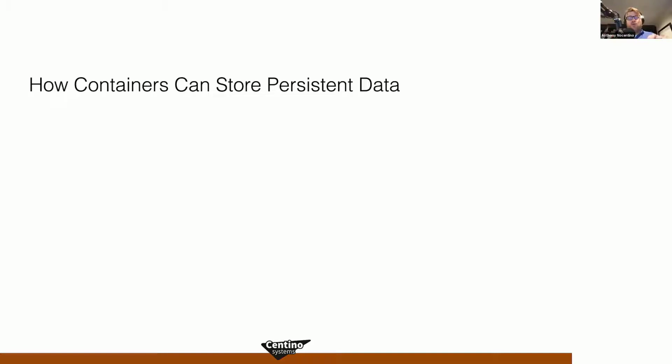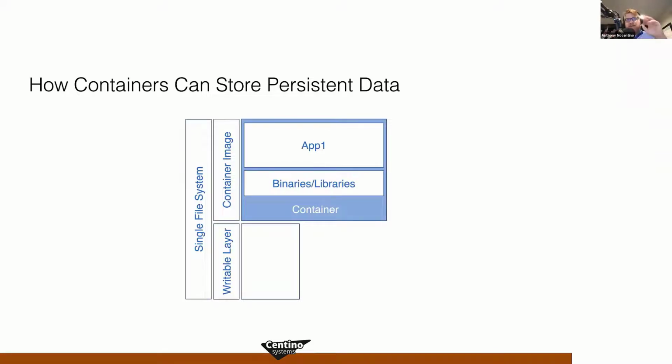So when we're talking about storing persistent data in containers, we still have that same deployment paradigm where we have a container image, a writable layer, and the container runtime is doing the work of presenting a single file system back to our application. But what we can do is attach a volume at a particular location inside of the file system in the container, right? And that volume is positioned at a particular location in the file system, like var opt MSSQL, if you're running SQL Server. You can also, of course, position multiple volumes inside of the file system if you need more advanced scenarios, but we're going to focus on a simpler scenario right now.